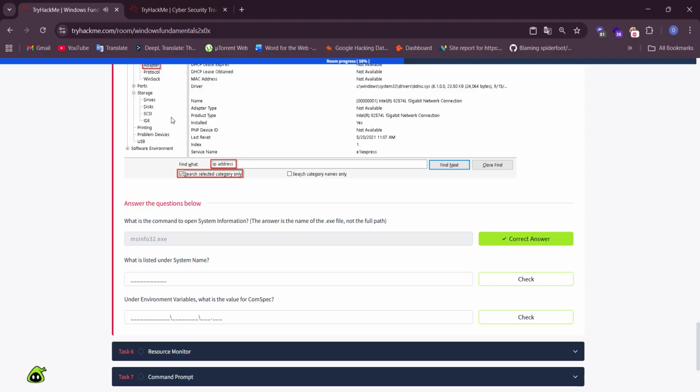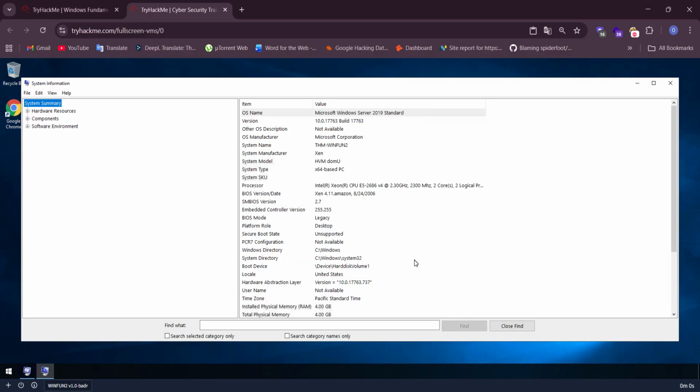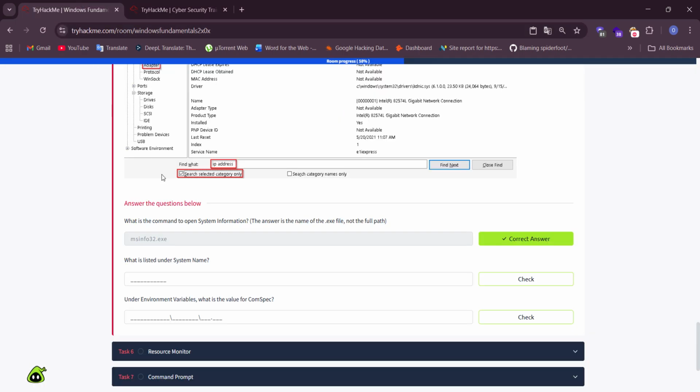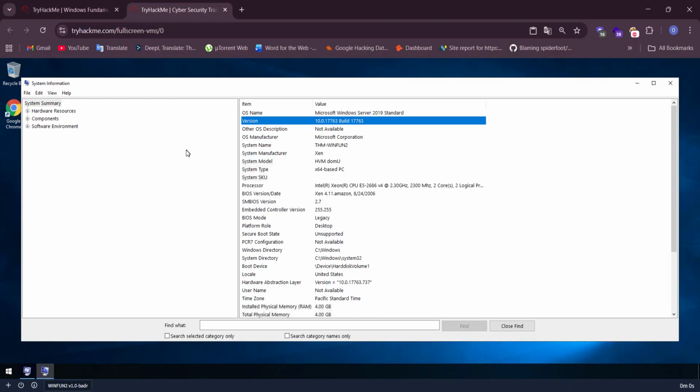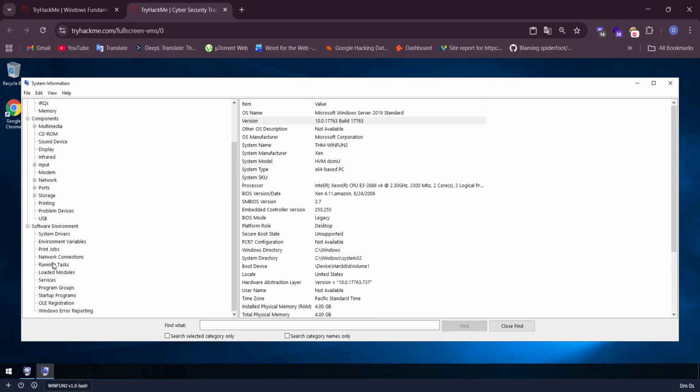What is listed under System Name? Okay guys, hardware resources, components, software environment, system names.